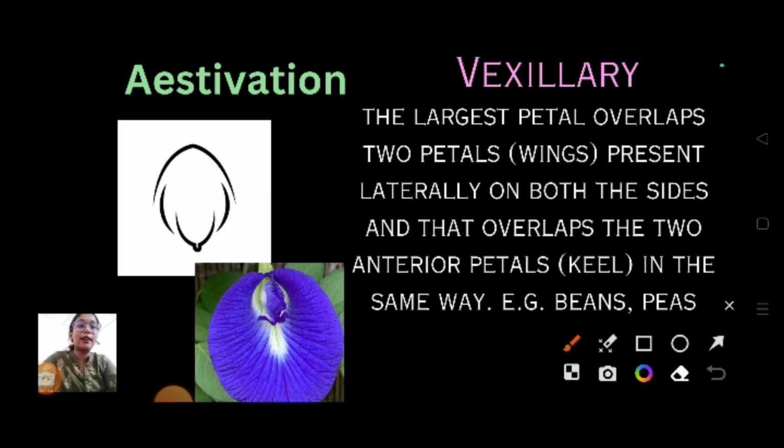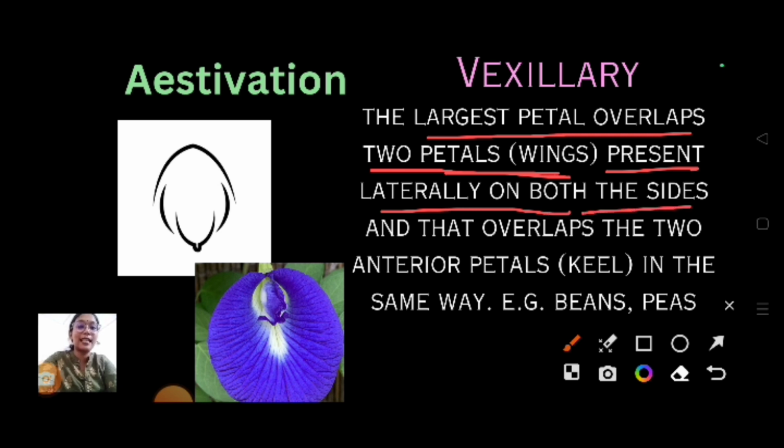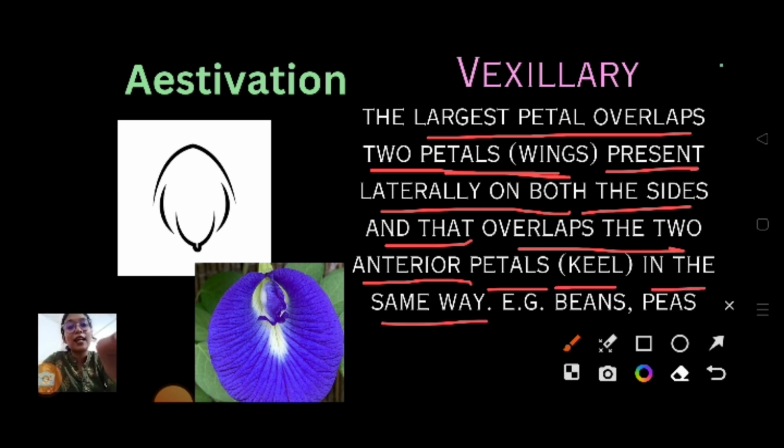Okay, in here the largest petal overlaps two petals, that is wings, present laterally on both the sides, and that overlaps the two anterior petals, the keel, in the same way. Means it is saying it is having a bigger petal. This one is the bigger petal. See, can you see this is the bigger petal which is covering the smaller petals. These are known as the wings,